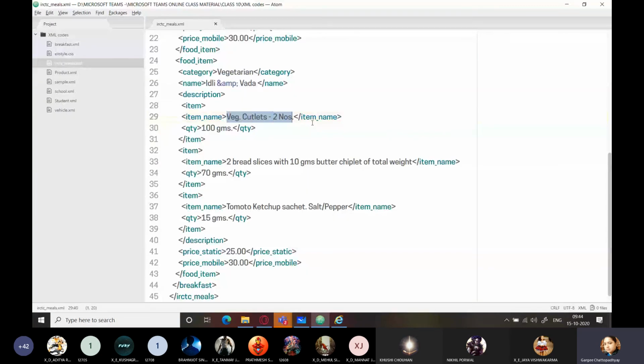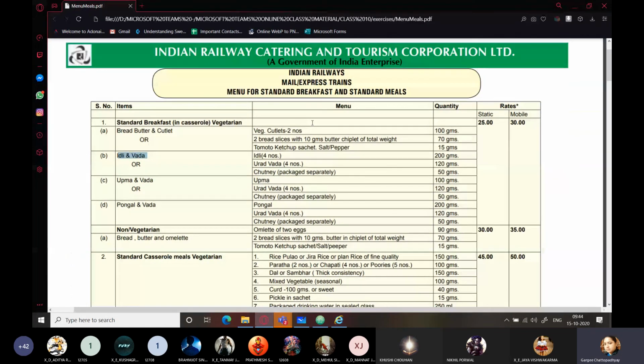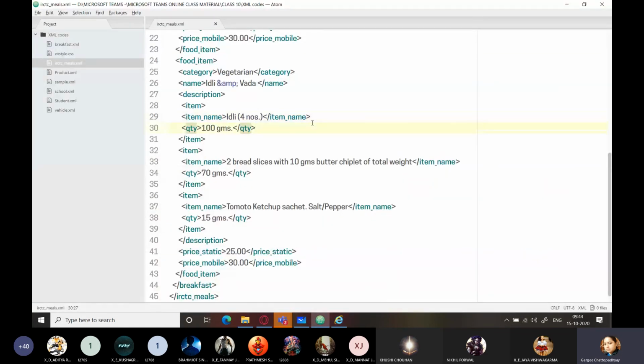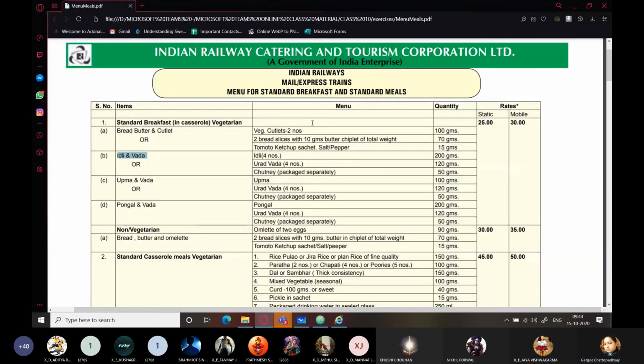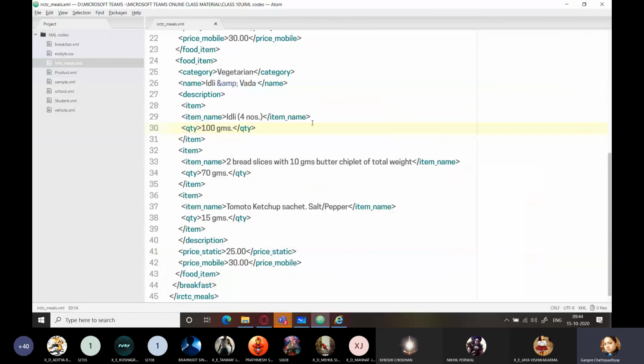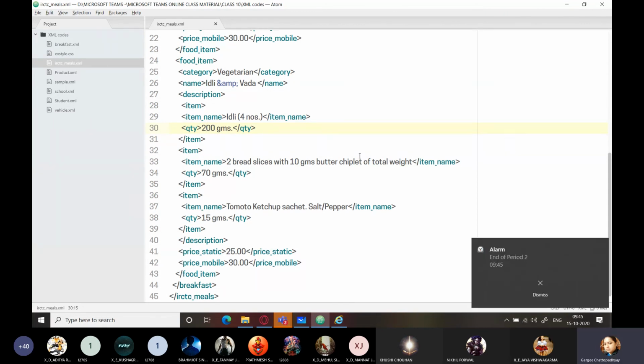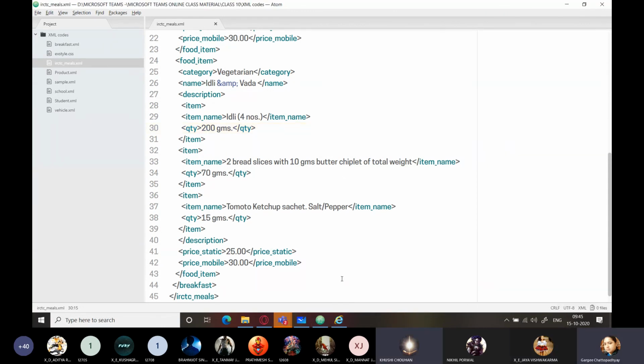Let me just add them quickly so that we have two food items over here. Next, we have its quantity, that is 200 grams. So I think you can change this. Will you be able to do it on your own? Can you change this data on your own? Yes, ma'am. Yes, you can do that. Right?